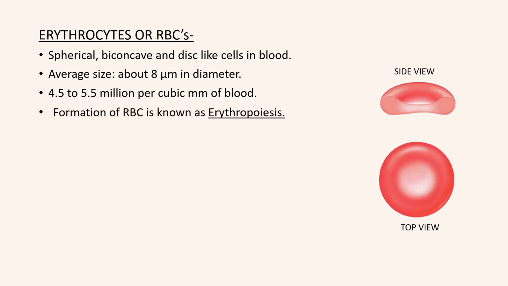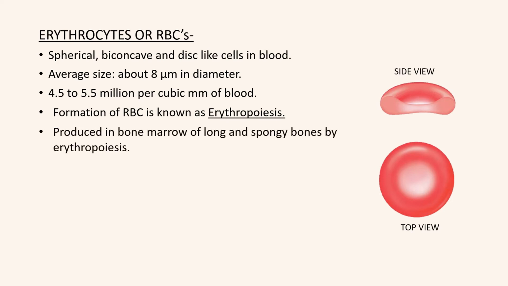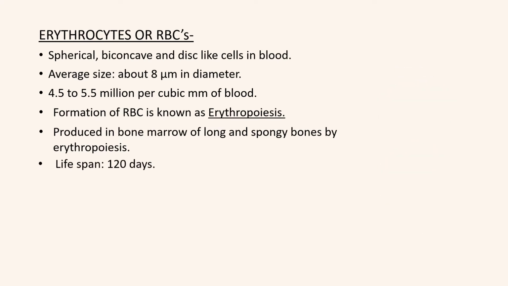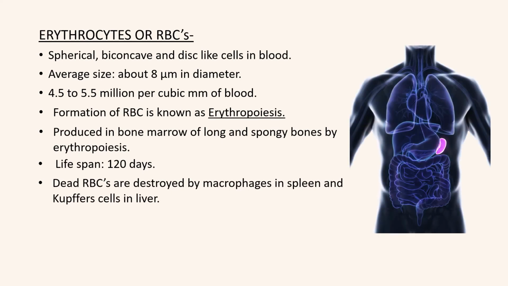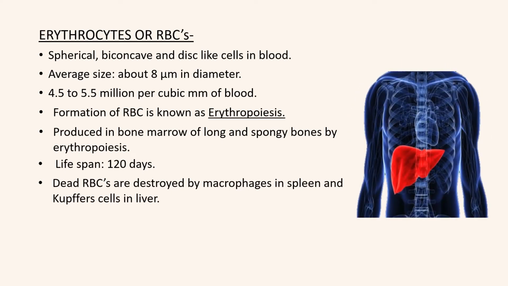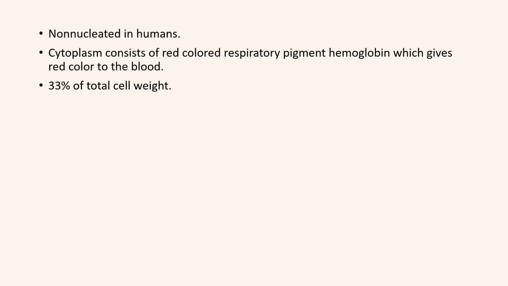The formation of RBCs is known as erythropoiesis. They are produced in the bone marrow of long and spongy bones. RBCs have a lifespan of 120 days. The dead RBCs are destroyed by macrophages in the spleen and Kupffer cells in the liver. The RBCs are non-nucleated. In humans, the cytoplasm of RBCs consists of the red-colored respiratory pigment, hemoglobin, which gives red color to